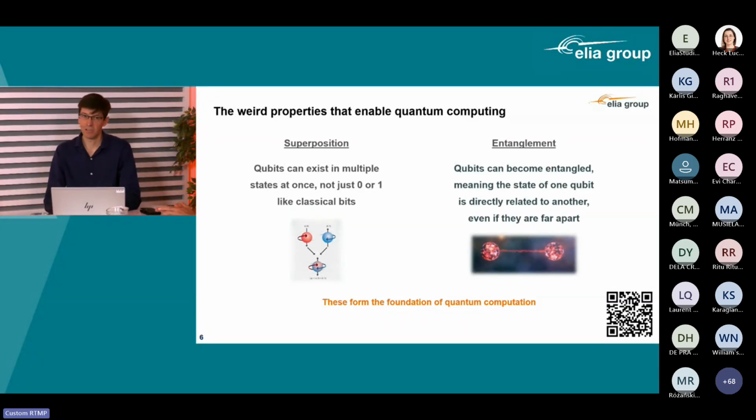Well, I said that bits in a classical computer are either 0 or 1. Qubits can exist in multiple states at once, not just 0 or 1, but a superposition. Just like Schrodinger's cat that can be dead and alive at the same time. And then entanglement, this is a bit more tricky, but qubits can get entangled, meaning that you cannot describe qubits apart from other qubits they are entangled with, but they are part of the whole. And if there is something happening to one of these entangled qubits, the same will happen to the other entangled qubits, even if they are far apart in space or in time. And these two are the foundations of quantum computation, because with these two properties, you can create the equivalent of a massive parallel classical computer.